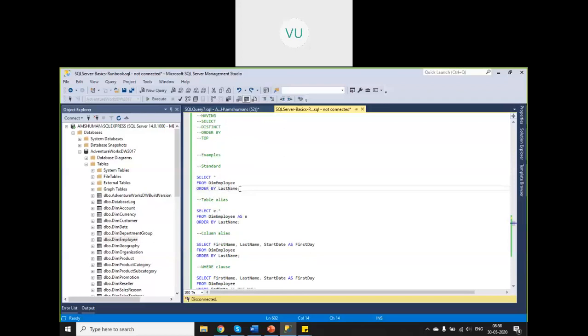See, in our case, we are mentioning the clauses in the order in which we understand better. Okay. How do humans understand better? Selecting some column or number of columns or all columns from which table, order by which column. That is the natural order of understanding, how humans understand, right? But the SQL engine will execute in a different way.